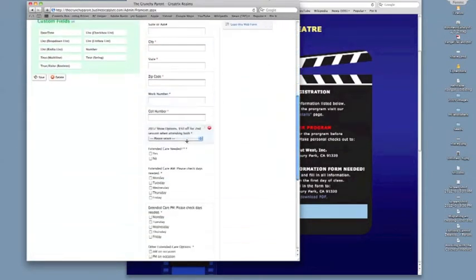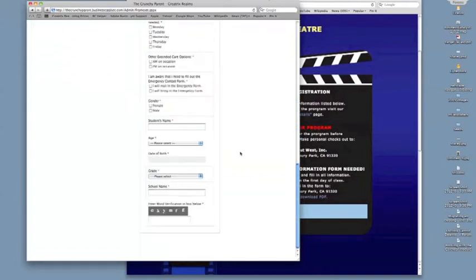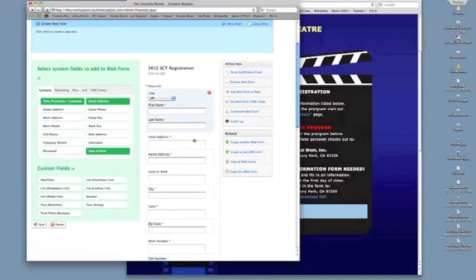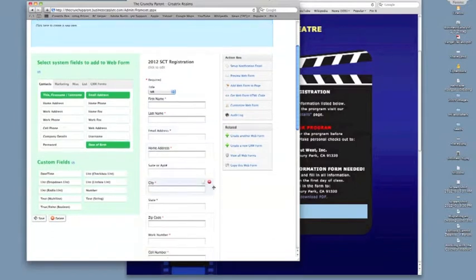Now this form needs a little bit of work. For example, my client wants us to say parent guardian as opposed to title. And you can't change that in here, unfortunately. You have to change it when it's implemented on the web page. So